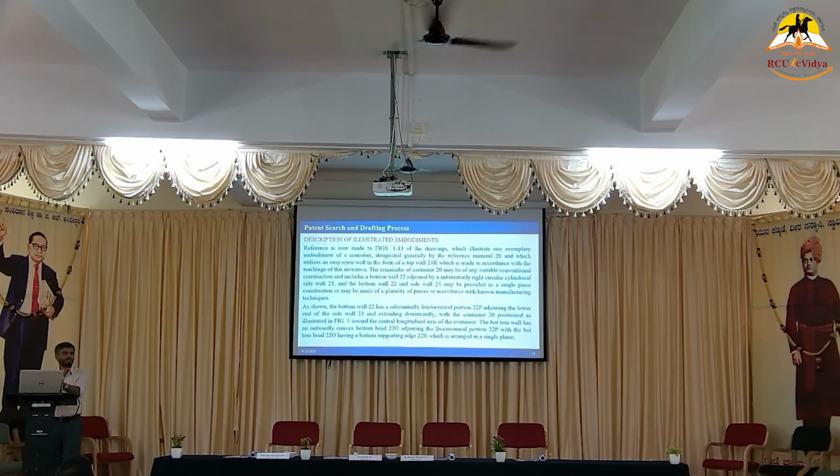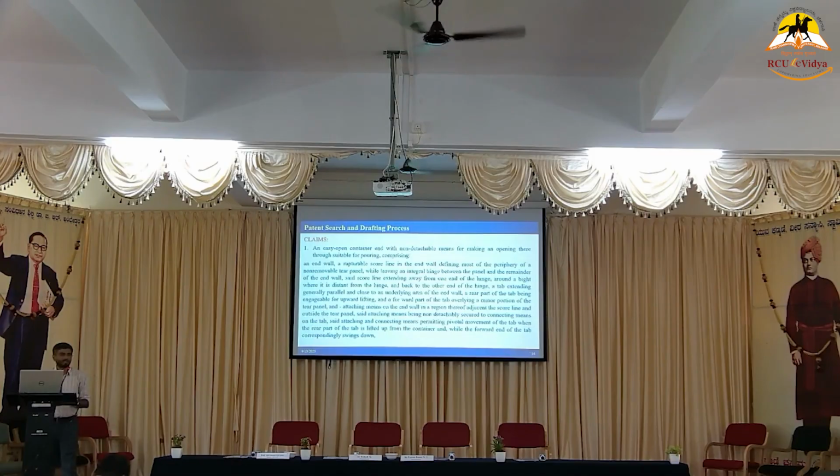This is what the patent attorney or the final approval examiner sees. There should be inventive steps: how it is interconnected, how it is easy to manufacture. These things they will see. Claims. So claims are very, very important. As many claims as you write, okay, don't try to put 1 or 2 claims. Try to put more claims so that there will be a hold on whatever the concept you are finding.